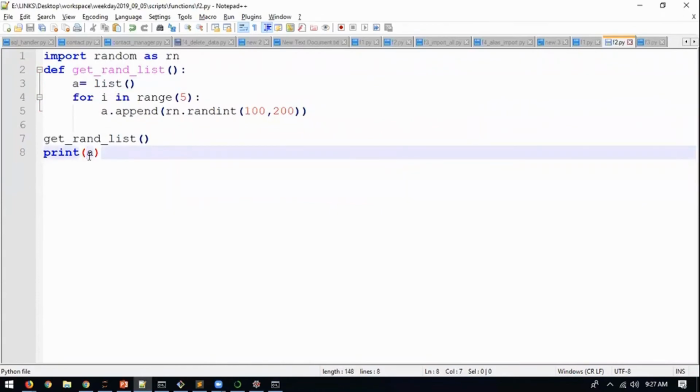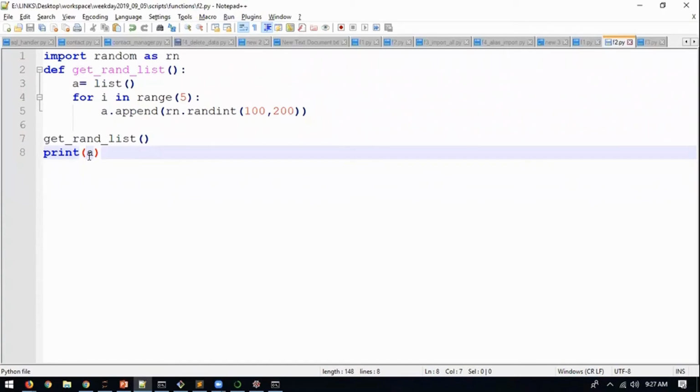So if I run this in Jupyter Notebook, it keeps all the previous variables also. So if I have defined a previously, will it take its value? Yes. Will it give me any error? No. But will it give me wrong output? Yes. But if I do the same thing in this Notepad++, will it even run? No, it won't even run.